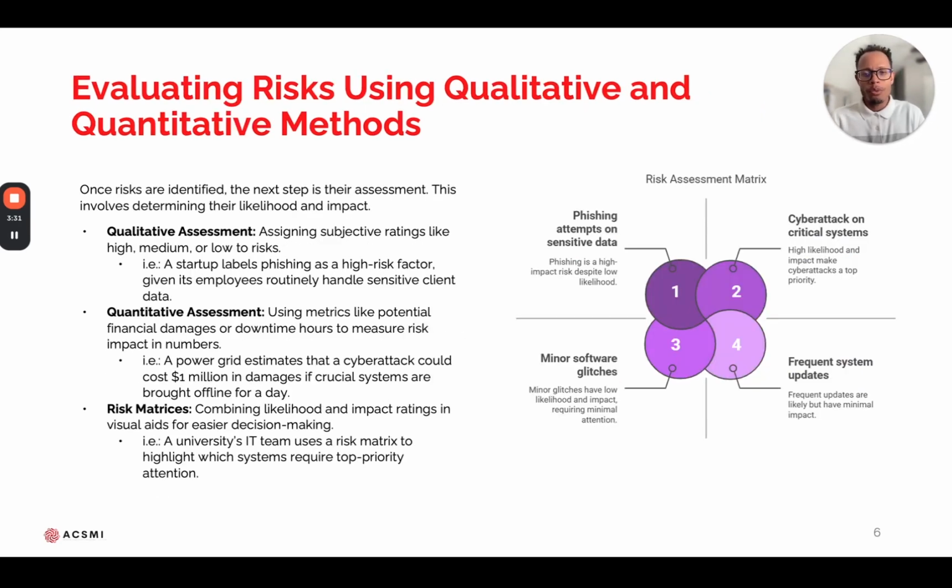Now, the differences between qualitative and quantitative methods. So think about it like this. If you're looking at it from a qualitative standpoint, you're looking at the aspect of high, medium, or low, versus a quantitative assessment, where you're looking at the metrics of actual numbers. It's always going to be around the aspect of mitigating some form of risk. One of the best ways to do that is to understand that you absolutely do have the choice in which one is going to benefit you best.